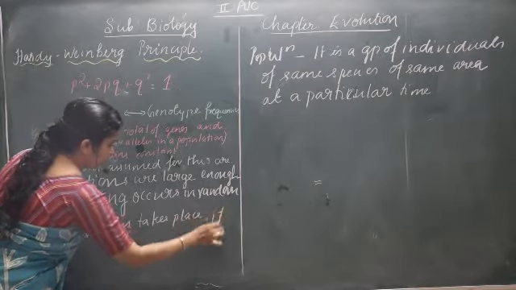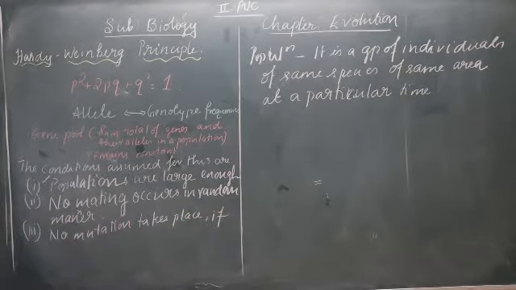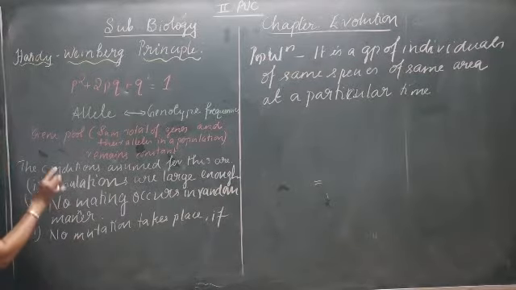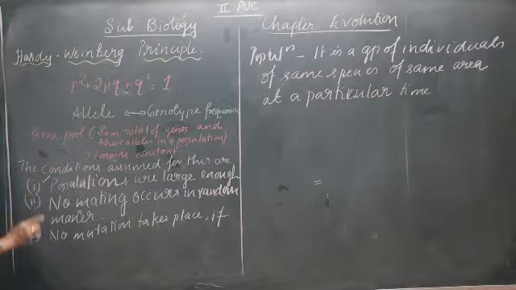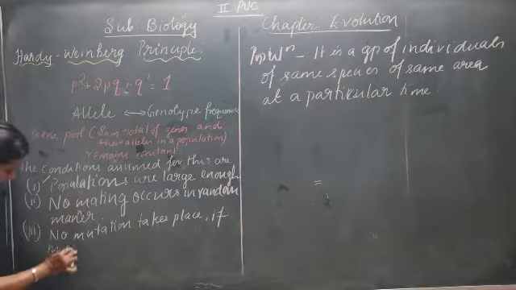Okay, if the mutation takes place, then it should be at the same rate in both the directions. This Hardy-Weinberg principle or equilibrium can be applied if no mutation takes place. If mutation takes place,